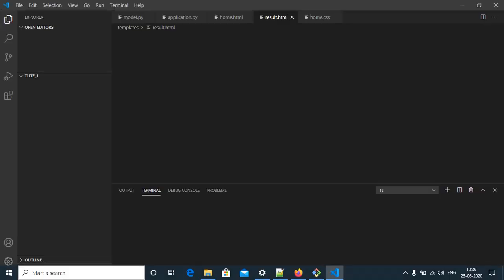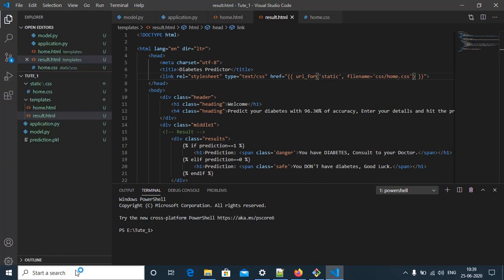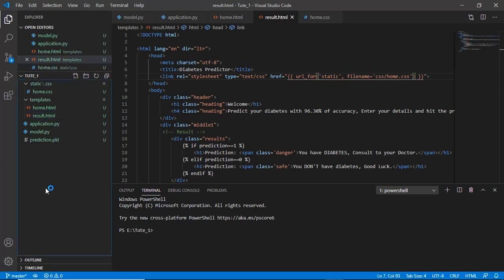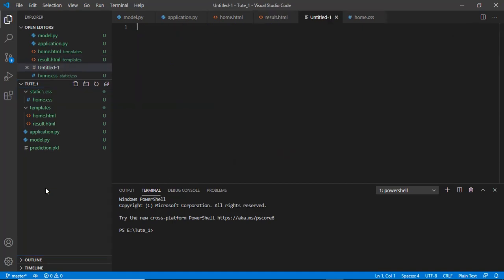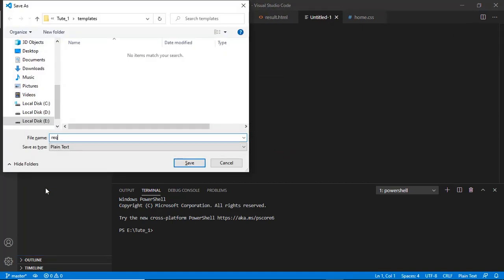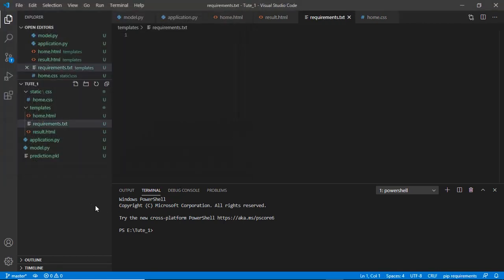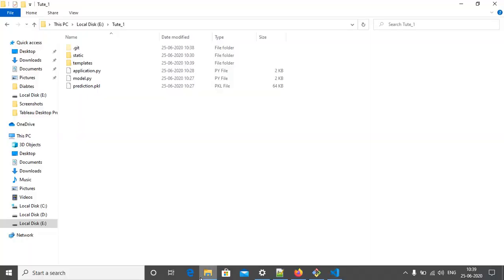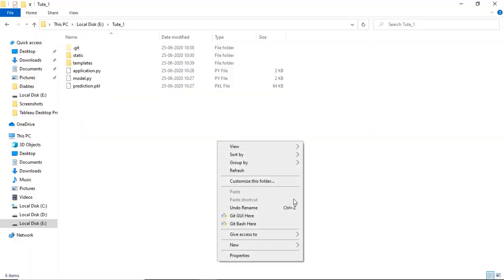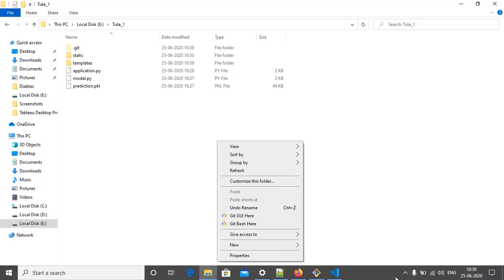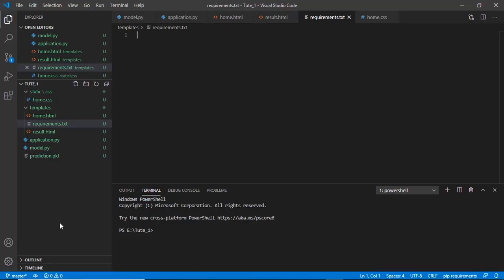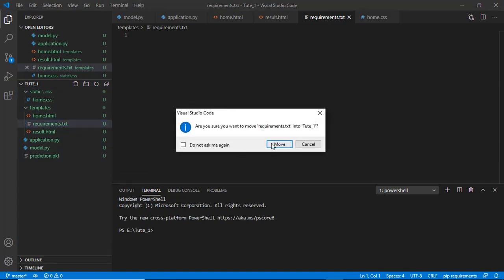I'm going to create one requirements file with Control New, Control Save, named requirements.txt, and one more file named Procfile.